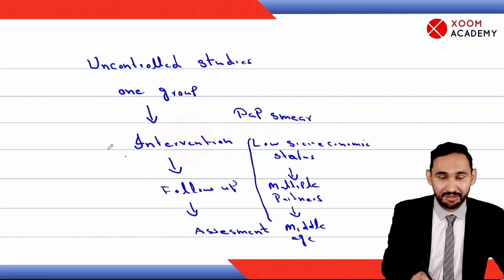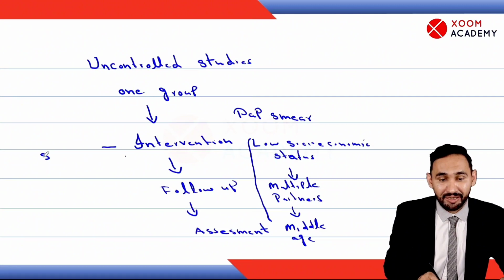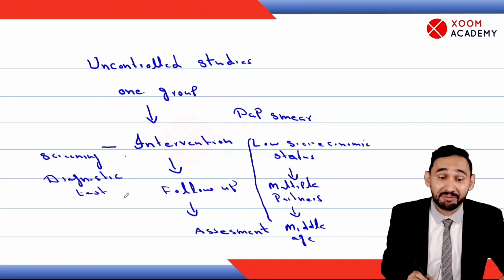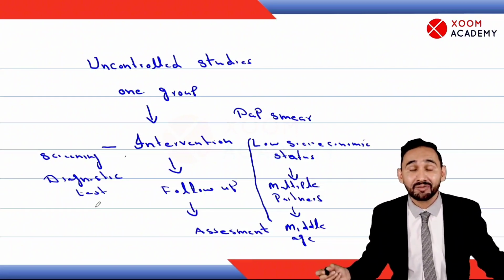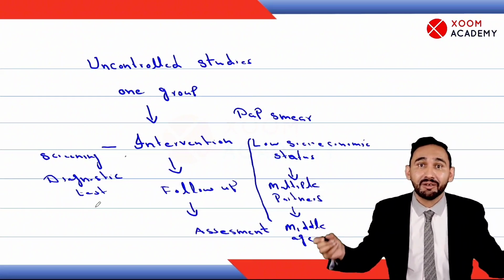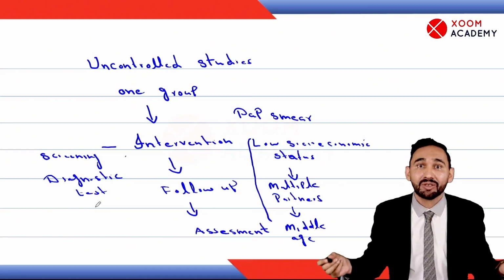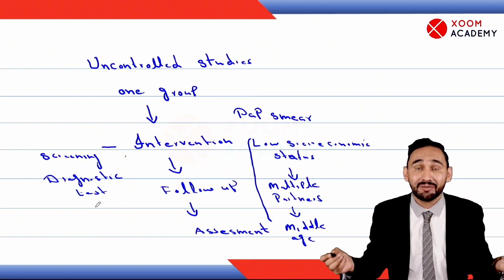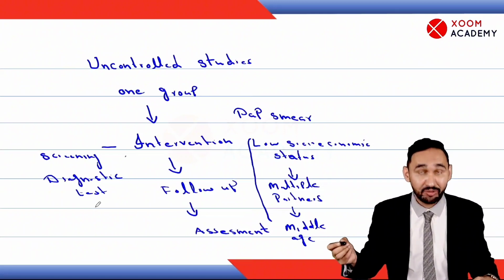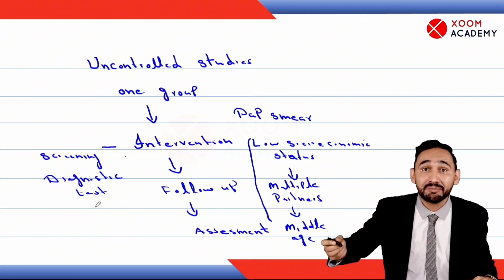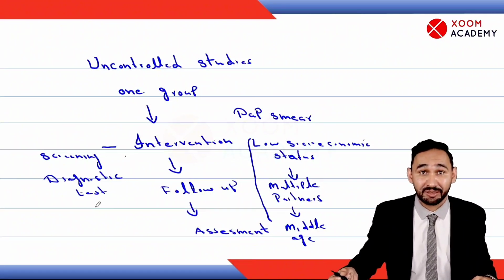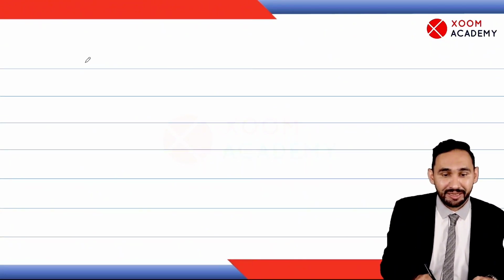Then we'll do intervention. We'll do screening and diagnostic test. We'll do follow-up and make assessment. What is assessment? Whether this test is useful in reducing the burden or not. Why this test is useful, how this test is useful. Because we test the female, we do screening, we diagnose them early. When we diagnose the disease at earlier stages, we'll do intervention, we'll do the treatment. And when we do treatment at initial stage, prognosis is better, mortality is reduced. So there are natural experiments.